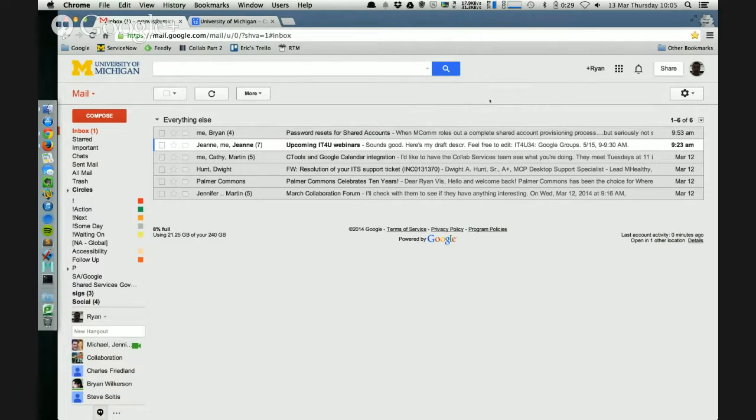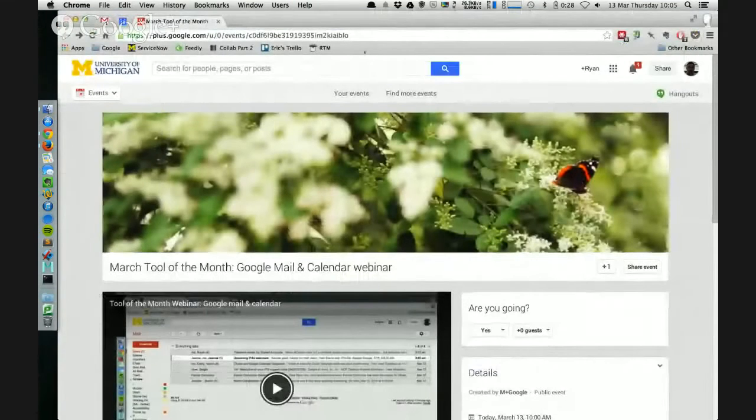But one of the questions we frequently get is around shared accounts. A lot of people on campus have what we call shared accounts. And shared accounts are simply fully enabled Google accounts that are not tied to an individual. I'm going to switch tabs here briefly. And what you can do in Chrome is you can manage those shared accounts fairly easily with what are called Chrome users.